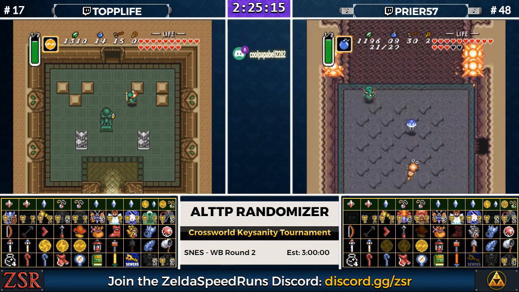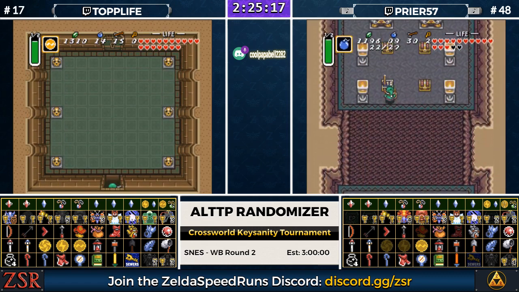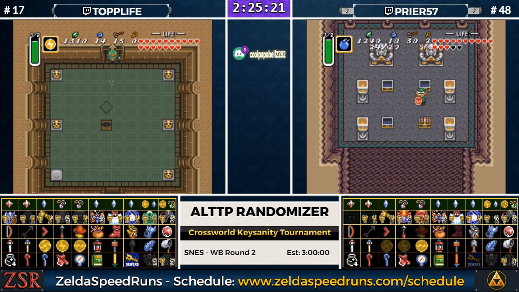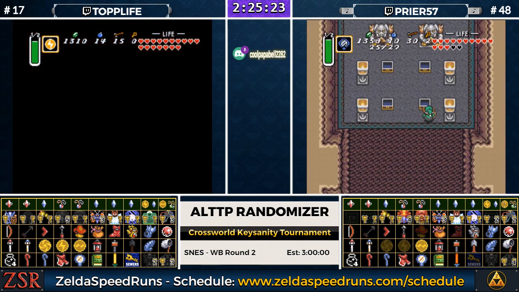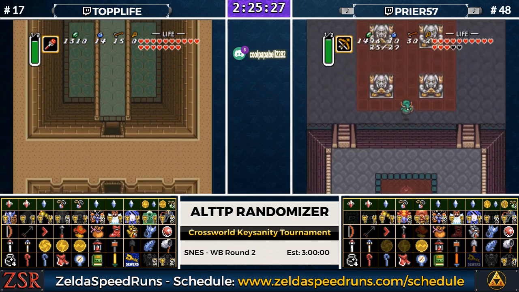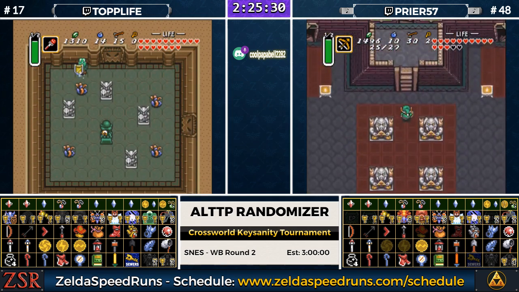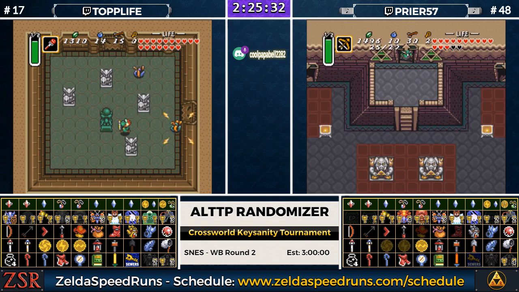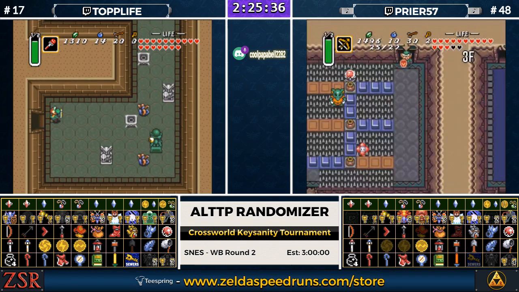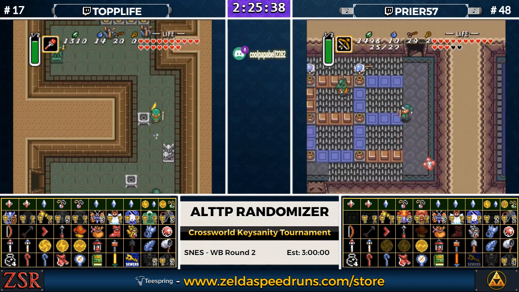And there it is. So those mitts were a big find. So that hint definitely pointed him in the right direction, and then it was fairly fast to track down all of those mitts entrances. So we are real close to the end of this seed at this point. Top Life will just have to get through a Landmo fight,